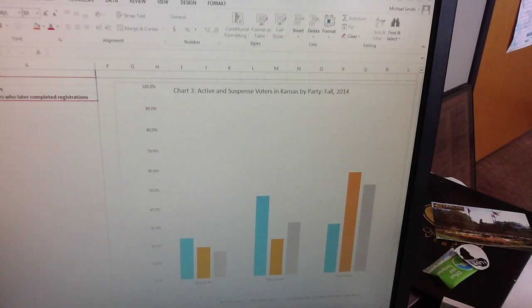You also know that many districts in Kansas are uncompetitive politically. So the winner of the Republican primary in many parts of Kansas is effectively the winner of the election. In a few areas of Wyandotte County and Lawrence, the winner of the Democratic primary is effectively the winner of the election. But throughout most of the state it's the Republican primary, and then there are a handful of districts for State House, State Senate, and, well, I don't know about Congress, but certainly State House and State Senate, which are actually competitive. Anyway, the party primaries are the big story in a lot of Kansas elections, and all of these unaffiliated suspense voters that can't vote in the party primaries make for a troubling finding.